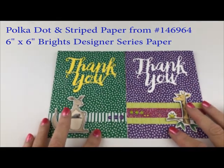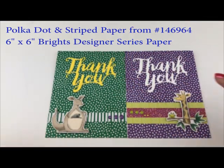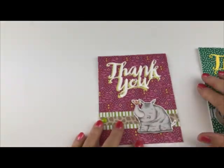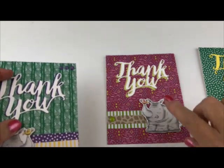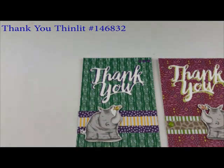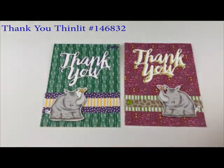Same style paper, totally different designs. The thank you Finlet cuts out with the Big Shot, just in one swoop through. Sometimes I backed it with the little contrasting color. This is a designer paper. This one I backed it with just a solid purple cardstock. There we go. So I just wanted you to see all these possibilities, and then I'm going to show you